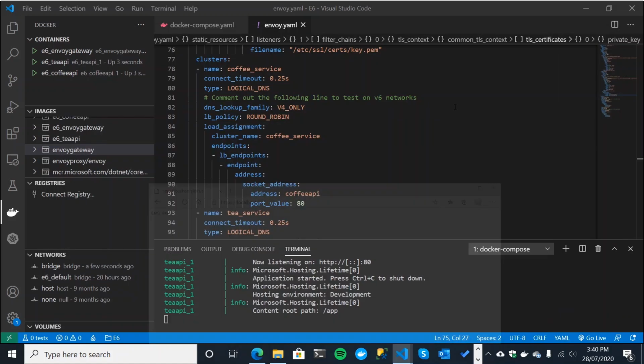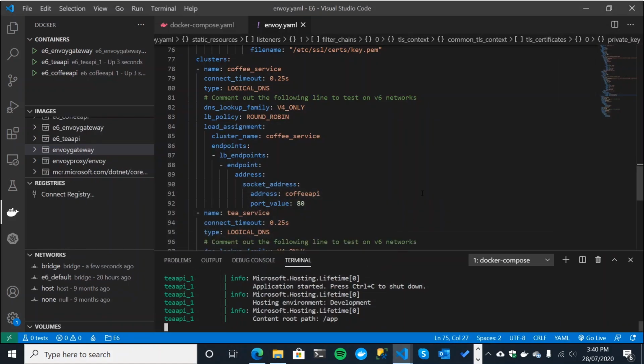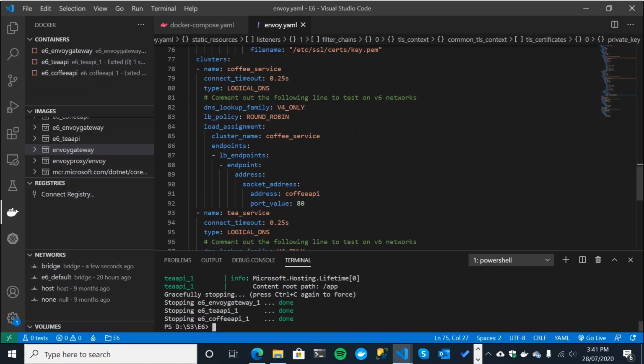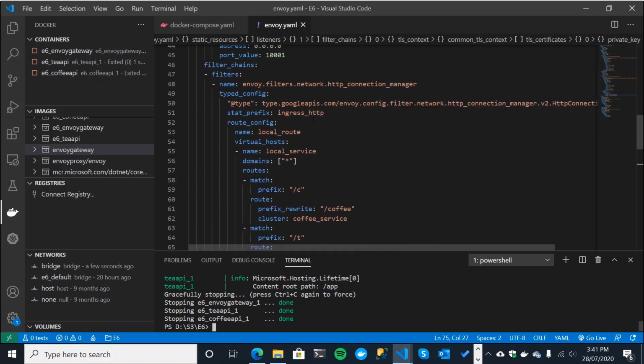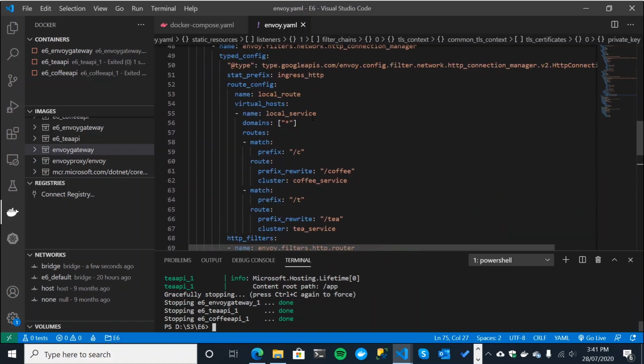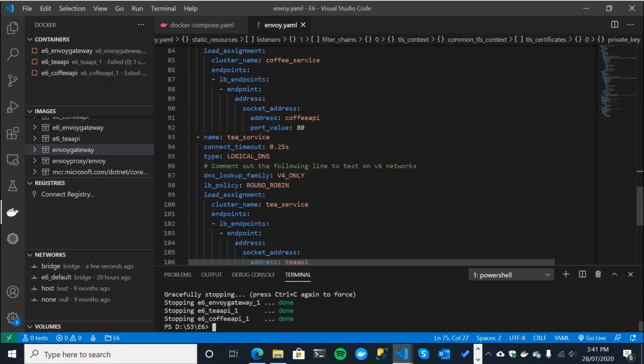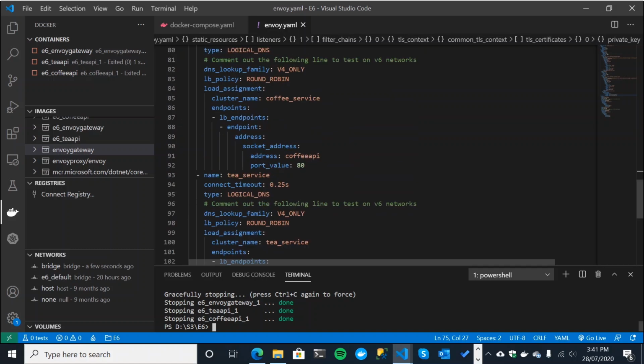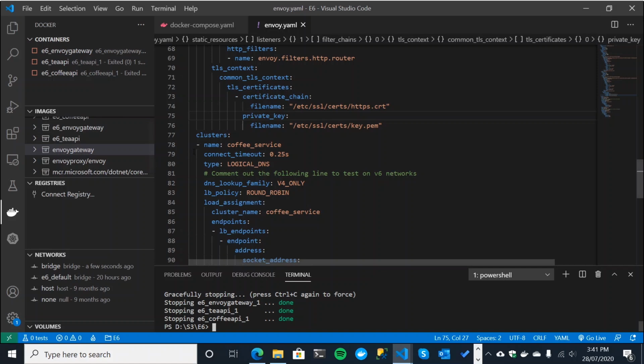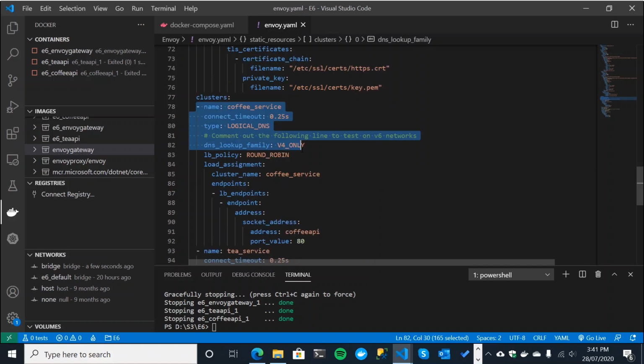So what we want to do now, and the last thing we're going to do in this video, because my voice is about to give in, is press Control-C to kill our running containers, and back over in our beloved Envoy.yaml file, add a new cluster. Under clusters, we have Coffee service, which is going to port 80. We have T service, which is going to port 80. What we want to do is add effectively a secure cluster for our Coffee endpoint. We could add one for T, but we're just going to do Coffee, and you can add a second one at your own leisure.